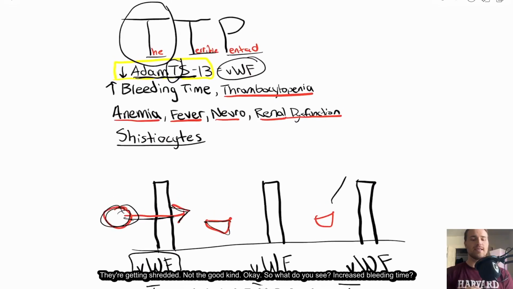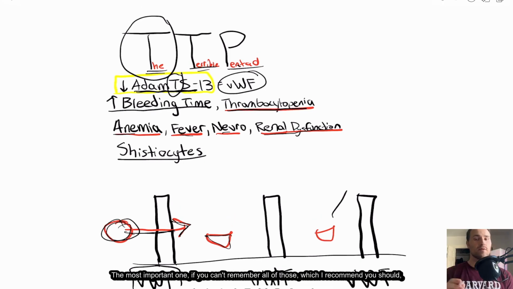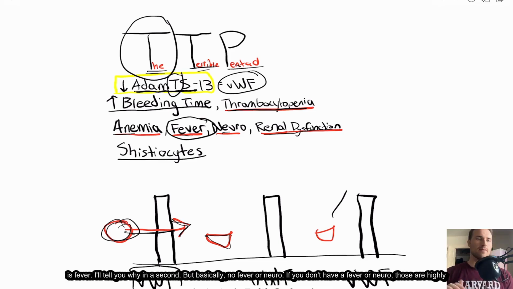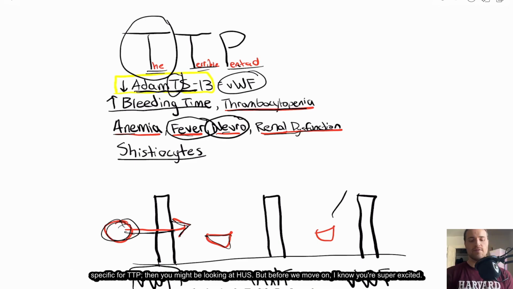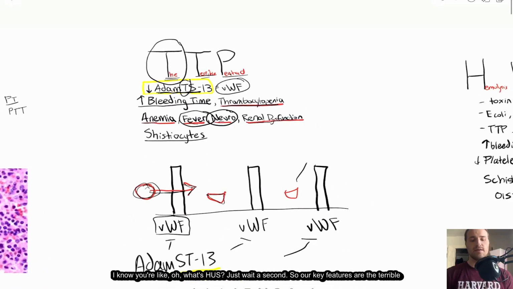Okay, so what do you see? Increased bleeding time. And here is the terrible pentad. Are you ready? Thrombocytopenia, anemia, fever, neuro, renal dysfunction. If you can't remember all of those, which I recommend you should, the most important one to clock in is fever. I'll tell you why in a second. But basically, no fever or neuro. If you don't have a fever or neuro, those are highly specific for TTP, then you might be looking at